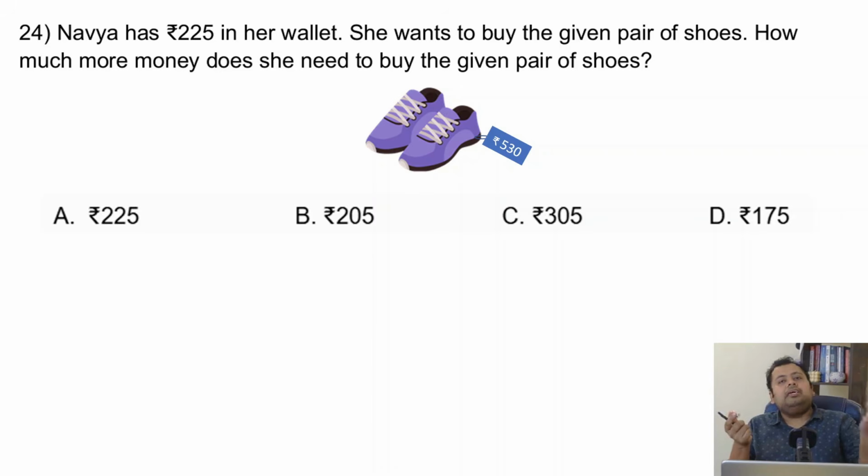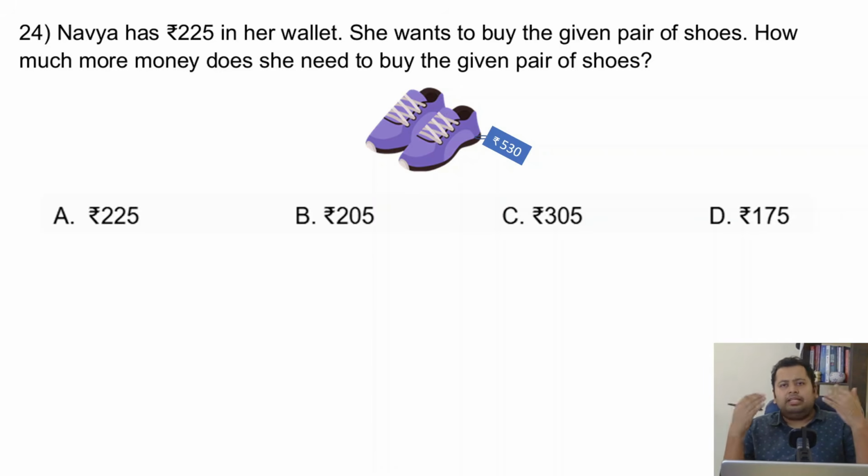So you'll ask your parents, I already have rupees 5. Please give me another rupees 5 so that it totals to 10, and that 10 rupees I'll give to my sir to get the chocolate. So it is simple subtraction wherein you just subtracted 5 from 10, because 10 is the actual cost of the thing and 5 you already have.